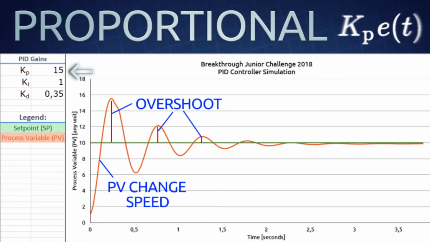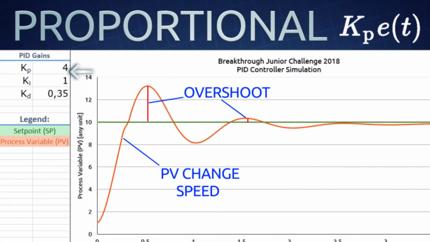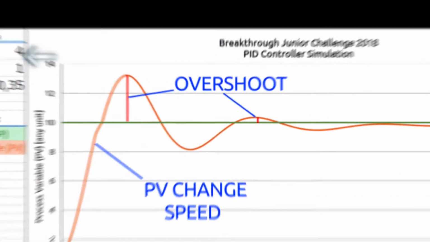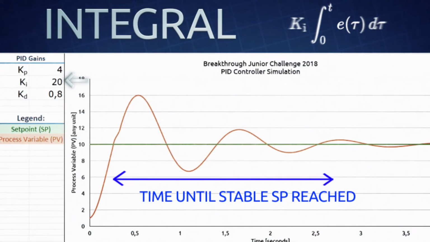The proportional, which is basically the multiplier of the error, considers only the current value of error. It increases the speed at which the current value approaches the setpoint, but also creates an overshoot. Next, the integral. As you know from maths, integration is continual summing. This means integration of error is summing up the controller error history over time. The integral considers how long and how far has the PV been from the SP over time, accumulating the effect.